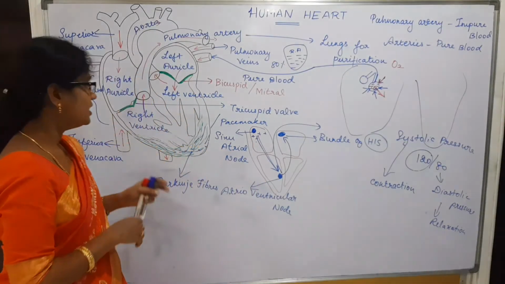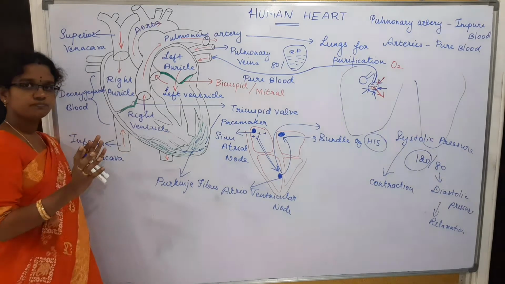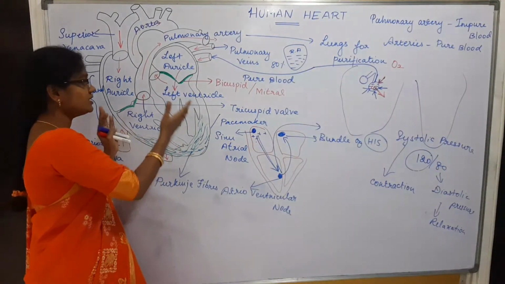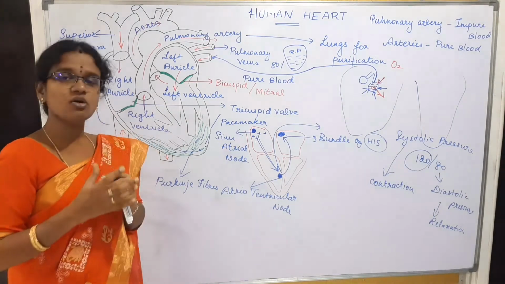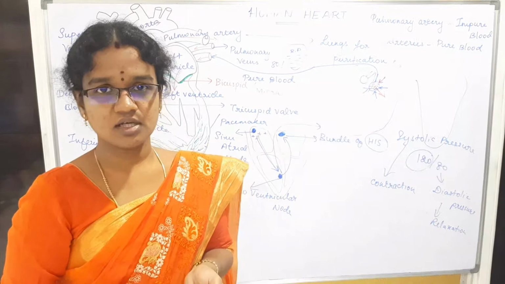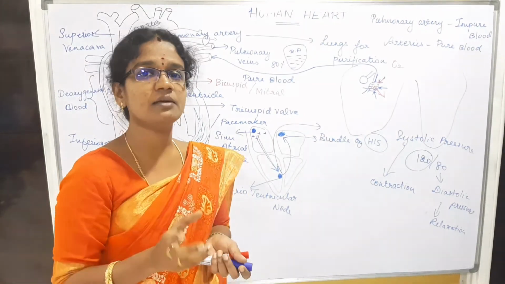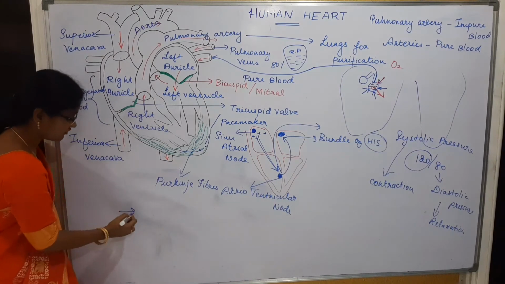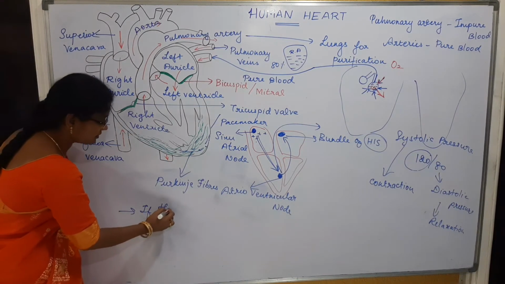Here also, the heart is considered a machine, right? So in order to get lubrication, it must always possess blood around the walls of the heart. If the walls of the heart do not receive the blood, if the Purkinje fibers